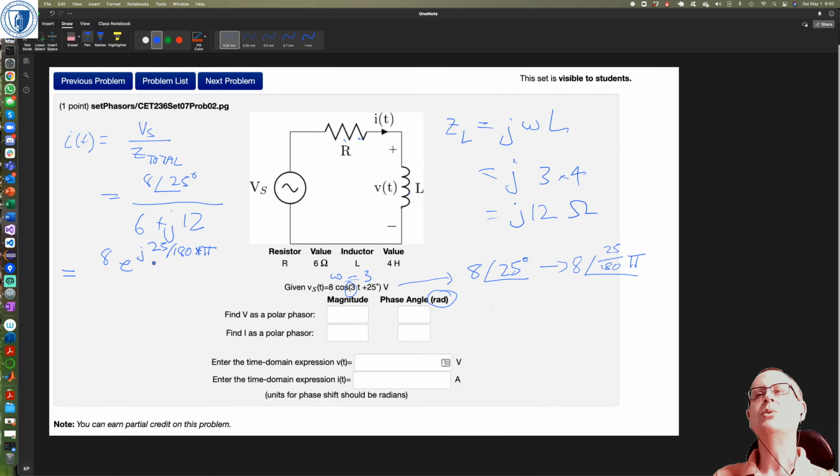Because that's the way to transfer a polar phasor into Matlab, is to do that e to the i or e to the j angle in radians, and the pi on 180 is just converting the 25 degrees into radians. And then I just did 6 plus j12. And in Matlab, they don't just use j, they use 1j as the thing that is the square root of -1. They also use 1i, right? Because Matlab is used by both mathematicians and